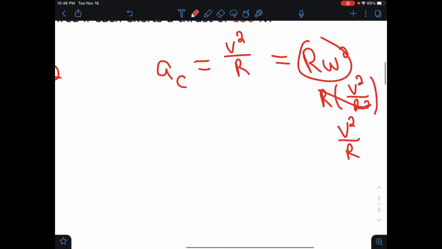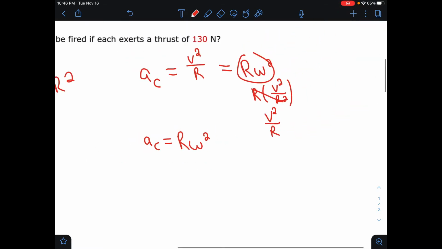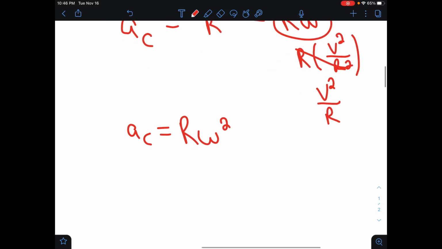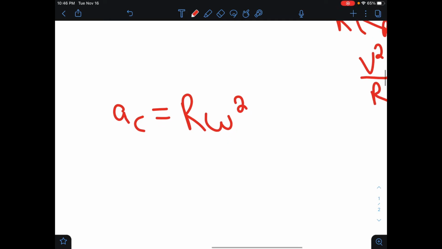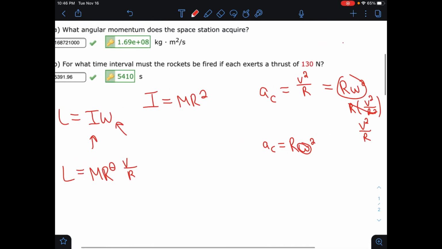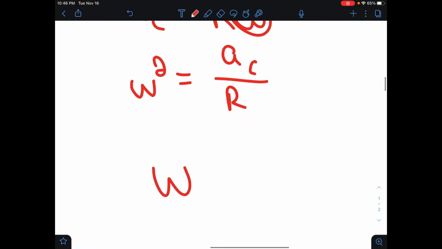Then all of a sudden we have a_c is equal to rω squared, sorry about that, I keep saying W, it's just a habit. I don't remember the Greek name of it, so we're just going to call it angular velocity. Is it omega? Never mind, okay. Angular velocity. So then we got a_c equals rω squared, and we need this ω value right here, because that's what we need to plug into here. So we got ω squared is equal to